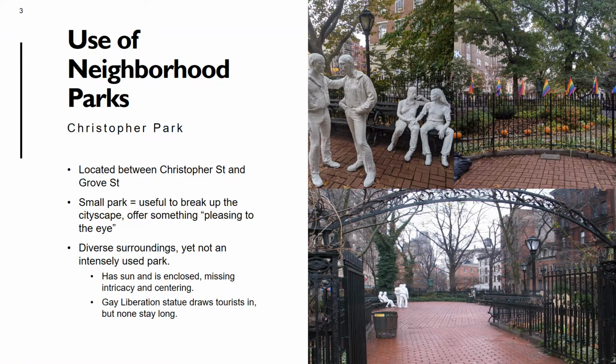Next is the use of neighborhood parks through Christopher Park. So Christopher Park is located between Christopher Street and Grove Street on this little triangular piece of land. It is a small park, so it does embody the use of giving a break to the cityscape. It breaks up the monotony of the concrete, the steel, the brickwork of the city, and offers something that's pleasing to the eye. But the park itself is not a very successful park, according to Jacobs' concepts, due to the